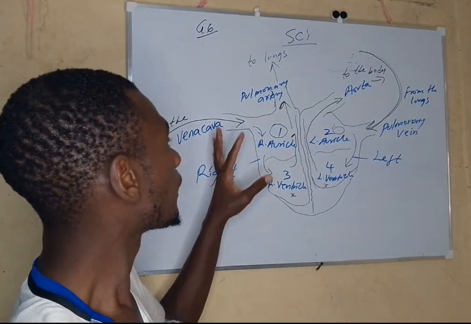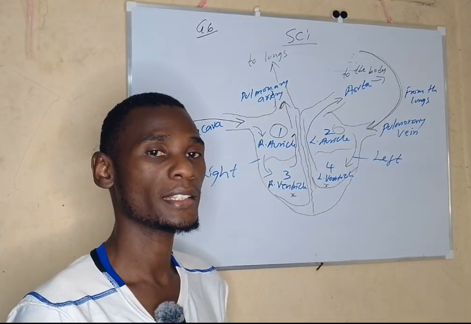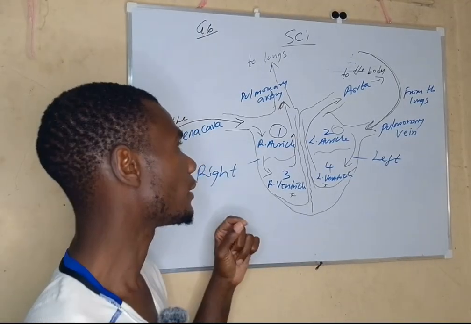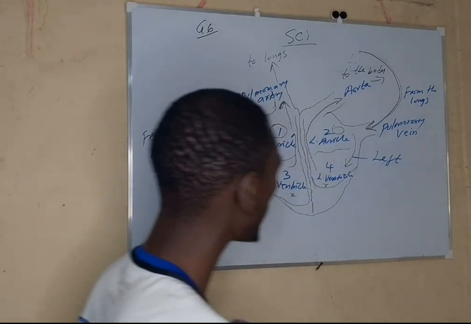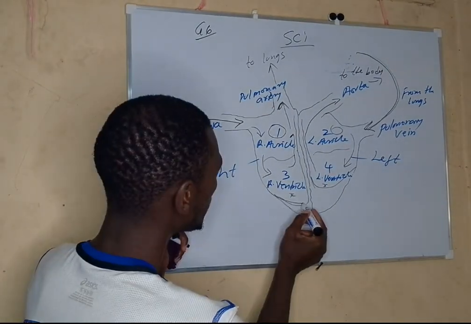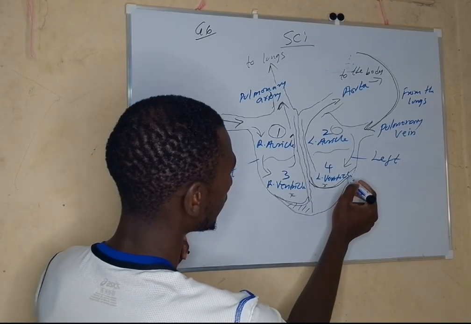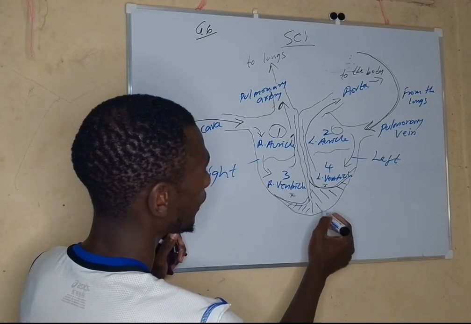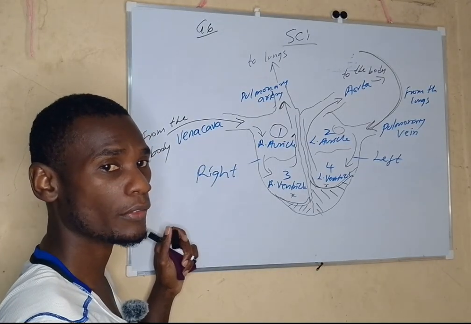Now, this diagram gives you a simple way of understanding the human circulatory system. The last part I want to talk about are these two parts here. If you look down here, this part is drawn smaller than this one. So these ones are called the thick walls of the ventricles, walls of the ventricles.